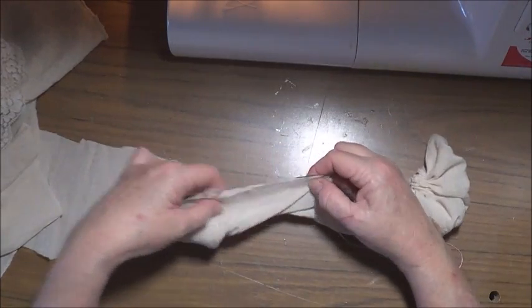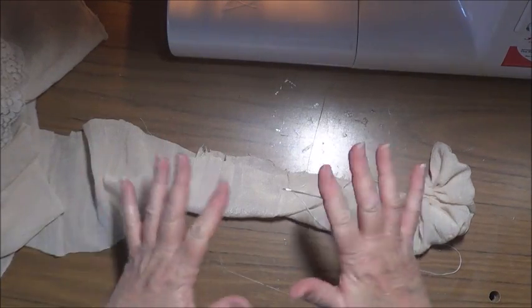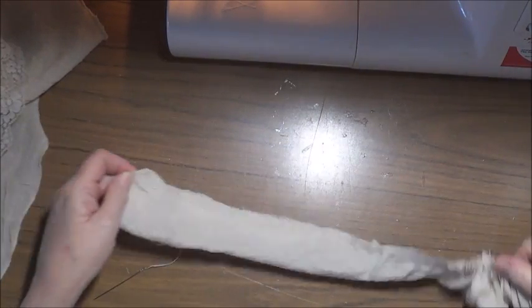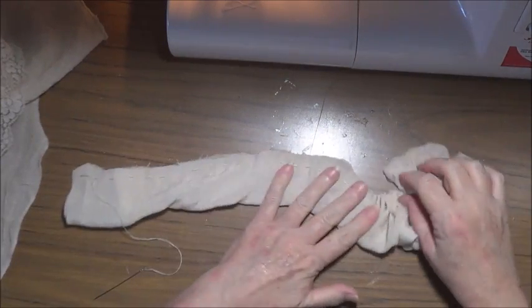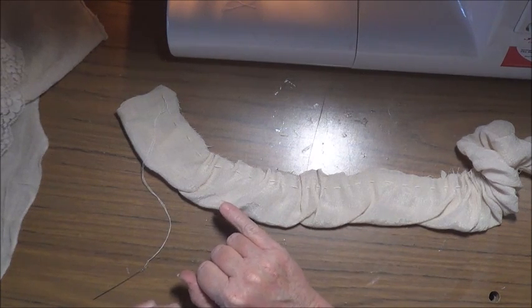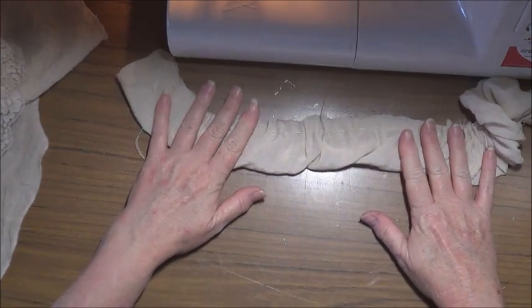Yeah. Looks nice. So I will continue along until I feel that I've got enough. Okay, so I've done the whole lot. Now, just to explain what I mean, can you see how the fabric pulls a bit? Instead of, let me think. Alright, instead of having a